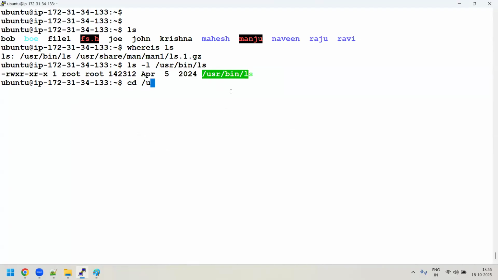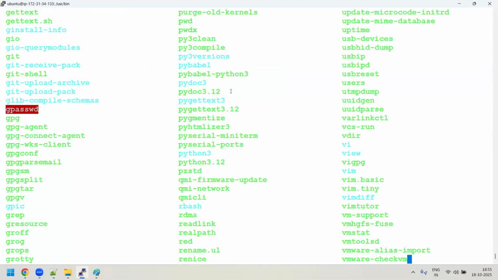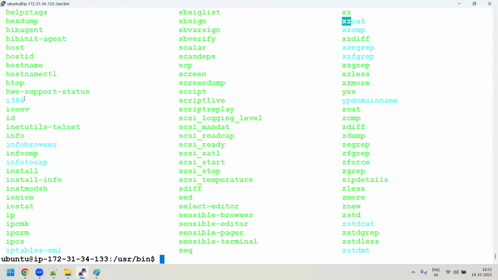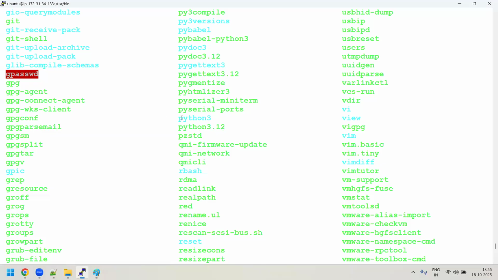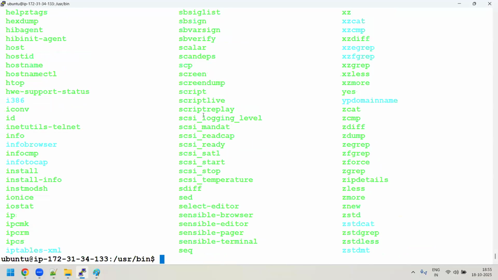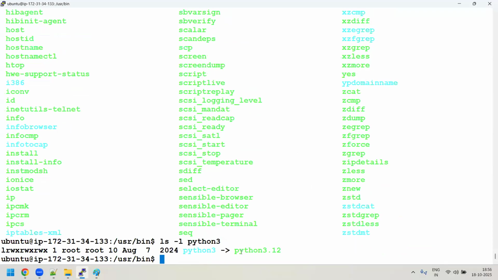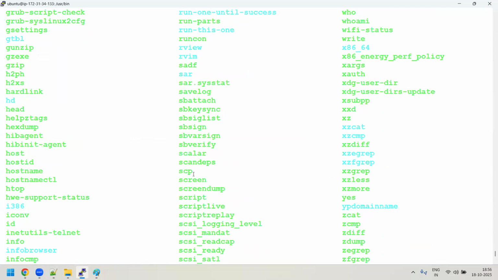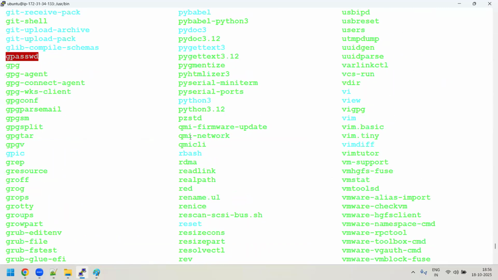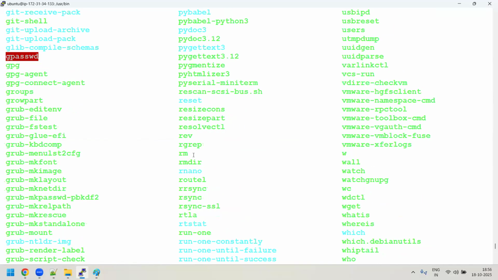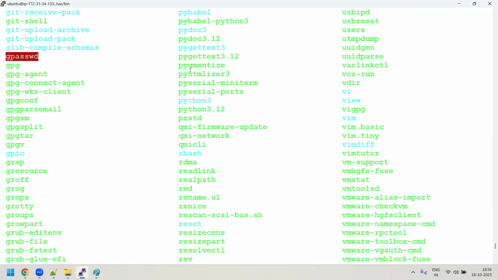For example, if I go to the /usr/bin directory, just observe. See, these are all soft links, soft links, soft links. Say there is python3, which is a soft link file. Now when I do ls -l python3, see, it is a soft link to python3.1.2. Where is python3? It's the same path only. If you see it, it'll have the same path. If you do python, what is it? Python 3.1.2. Where is that file, sir? Can you see it here? So whatever this python3 is, it is a pointer to python3.1.2 only.